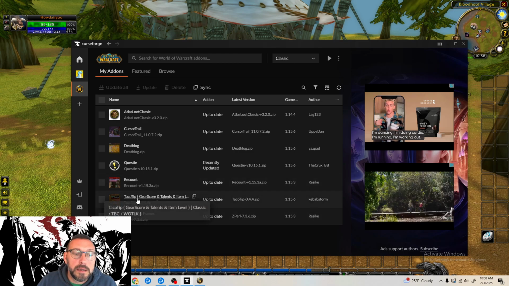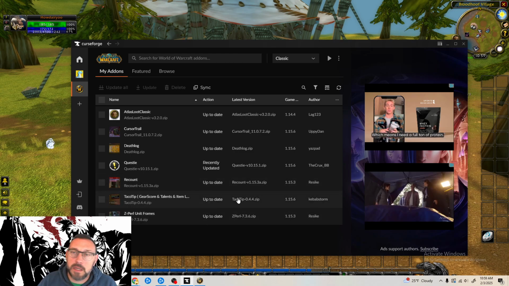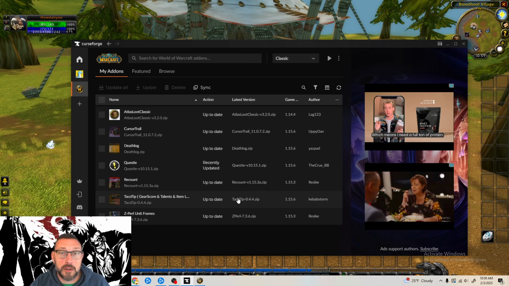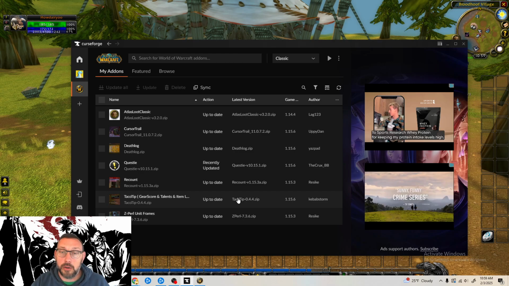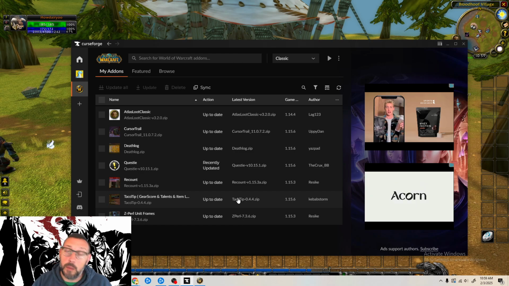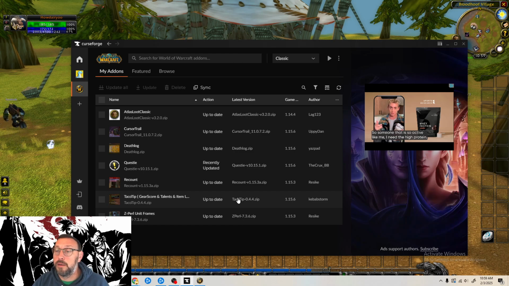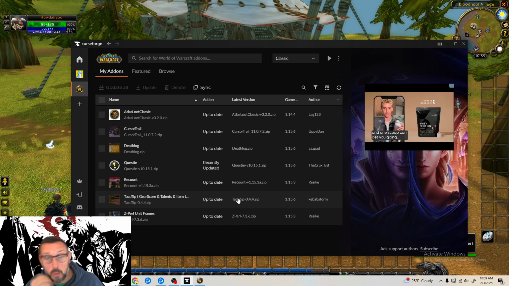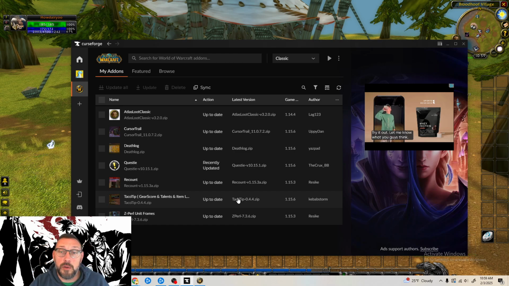Next one is Taco Tip. This one just does item level, which is going to be your gear score or the average level of your gear. So a lot of people won't accept you into a dungeon, raid, or a mythic plus, or any kind of content if your gear score is too low, because they don't want to, one, carry you, and two, you need to be able to contribute to the run in a somewhat good manner if you want to try and